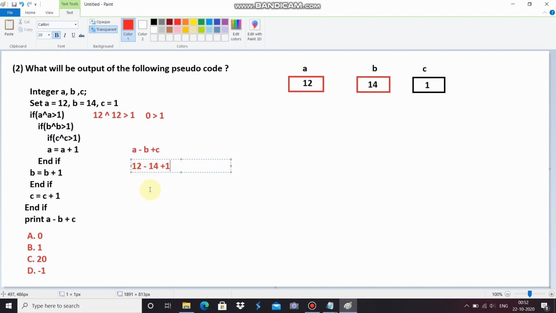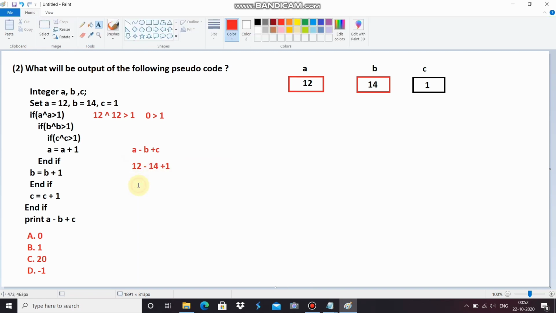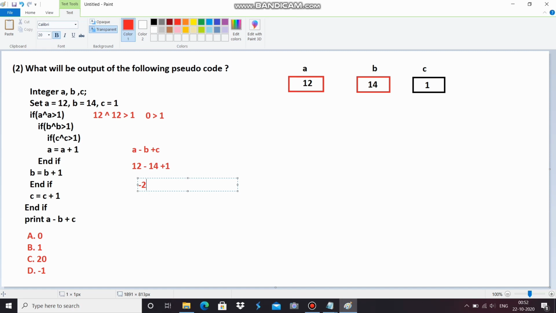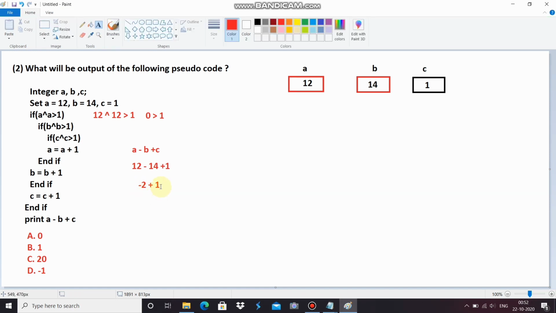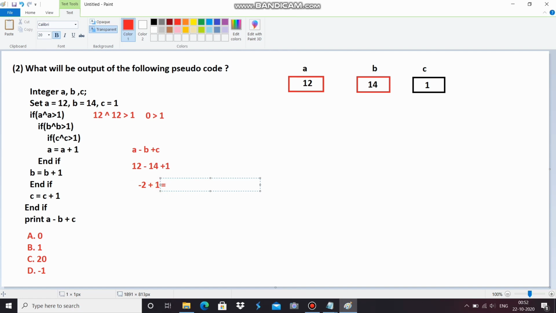Now we solve it. It will first return minus 2, and plus 1, and at the end it will give you minus 1. It means our answer is minus 1. Here you can see our answer is minus 1, and it will print minus 1.